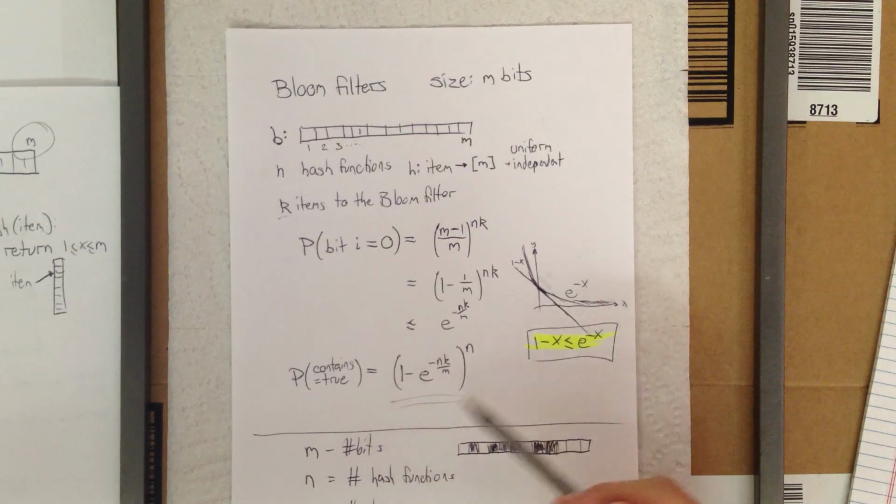So you want some number in between, and let's look at some numbers to see how these probabilities come out. So let's say that the number of bits you have